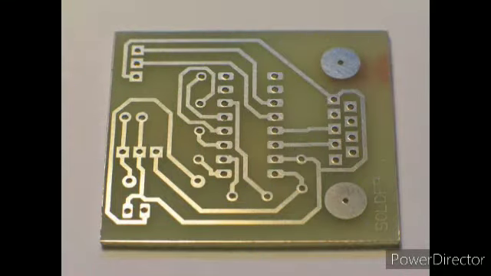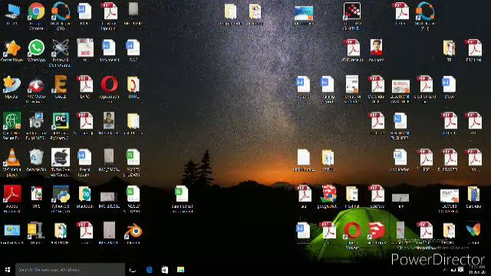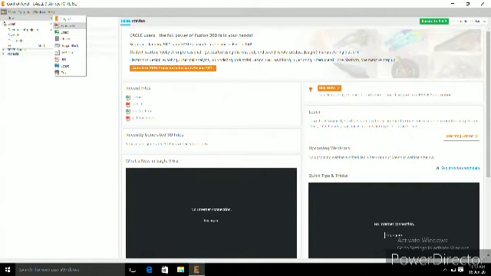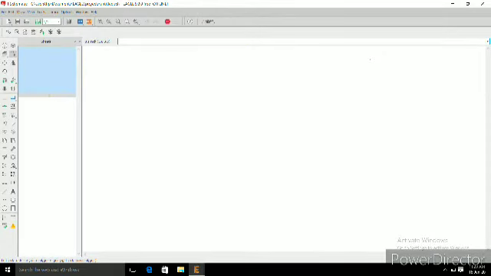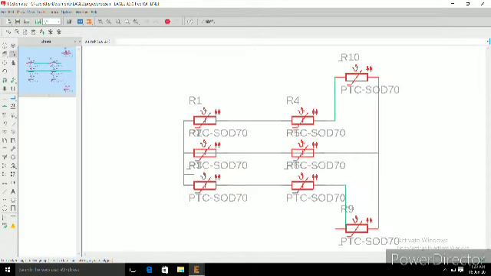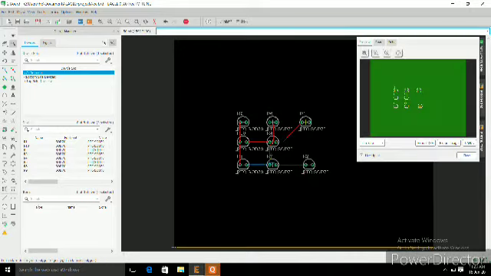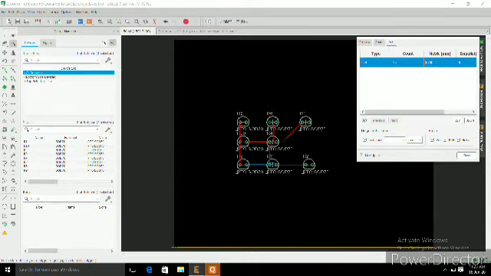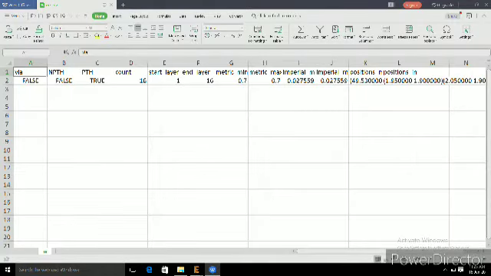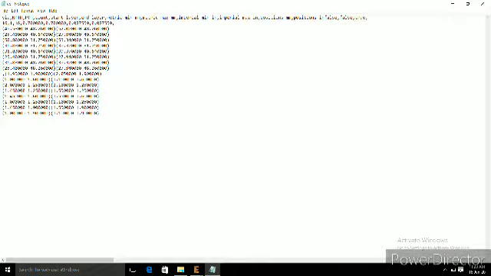Well, the PCB layout includes many drill points, which are not at the same distance from each other. To extract the coordinate data, we are using the Eagle software, which gives this data. Here is the Eagle software, where we are going to show how to obtain the coordinate data. The screen is showing the schematic of the PCB layout. When we switch to board layout, it will look like this. Here in the right corner there is an option of manufacturing. We can download the CSV file of the data and open it using Microsoft Excel. And finally, this is the X coordinate and Y coordinate data obtained.